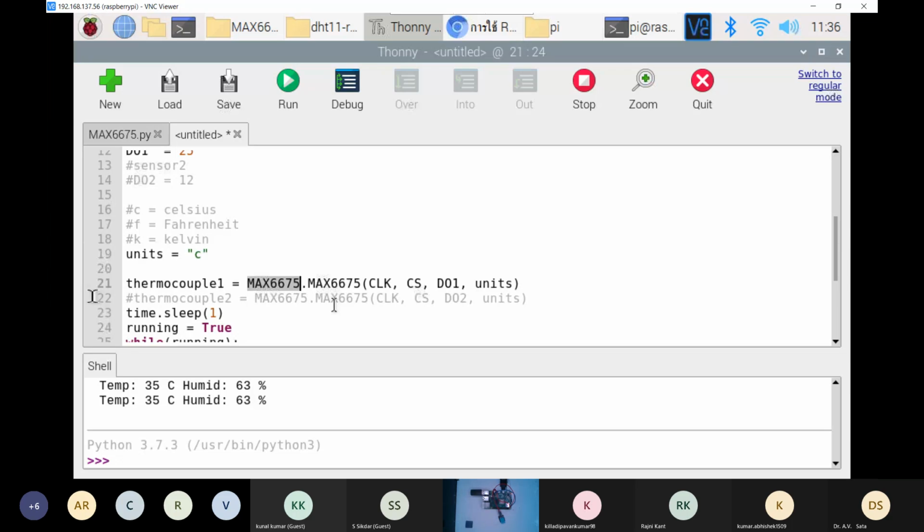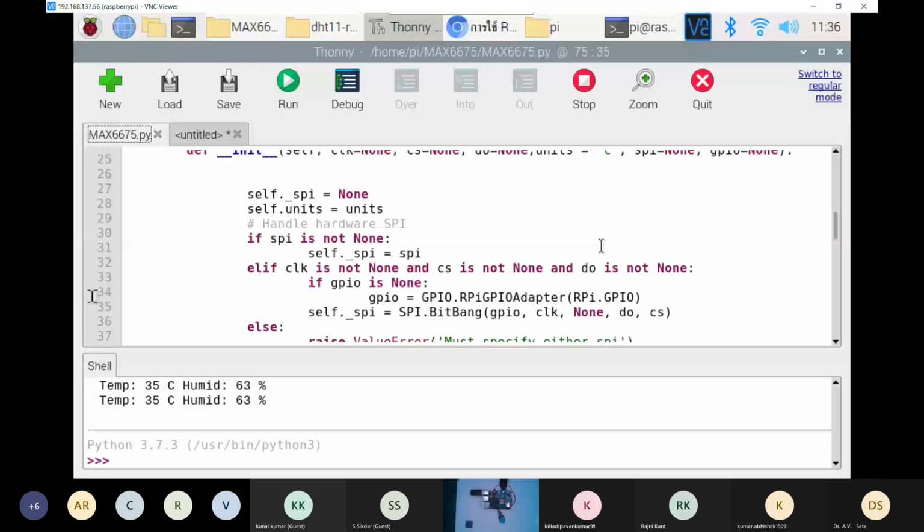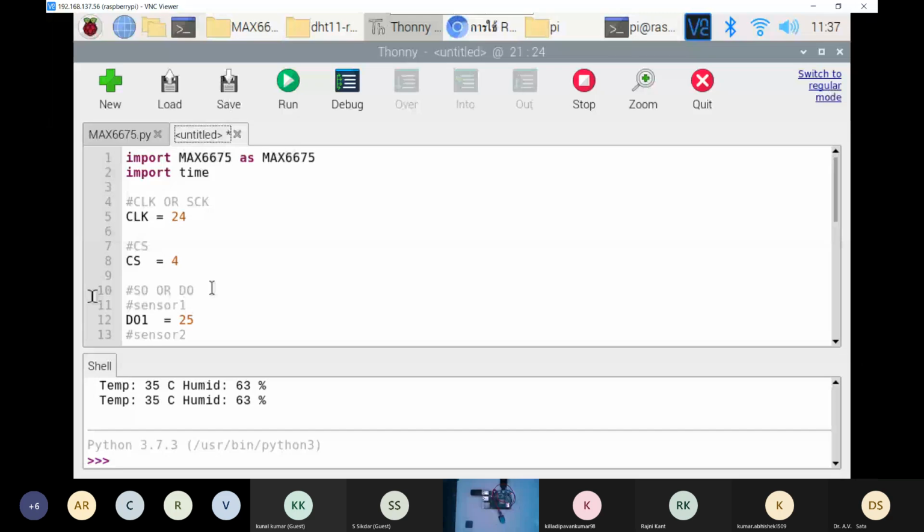As you can see, it is using a serial peripheral interface to communicate with the Raspberry Pi. Okay, I'll just remove the connection of the DHT, and we'll try to see which pins can be used for X6675.